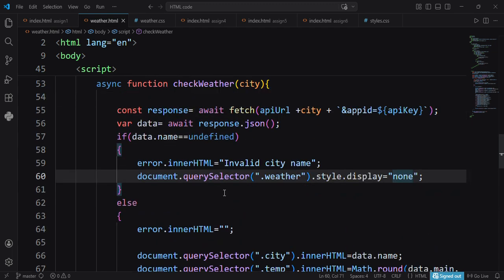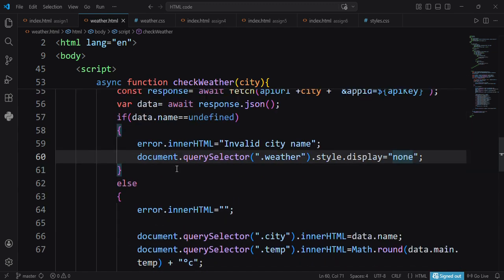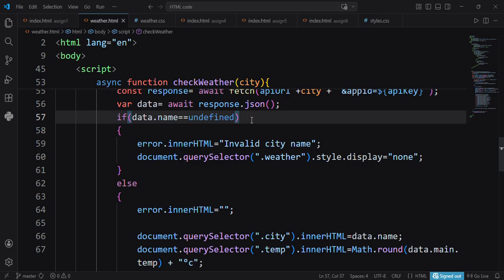Actually, I can't explain it like a professional, but I try to explain it so that you can understand what I want to explain. About this data name, let me say,